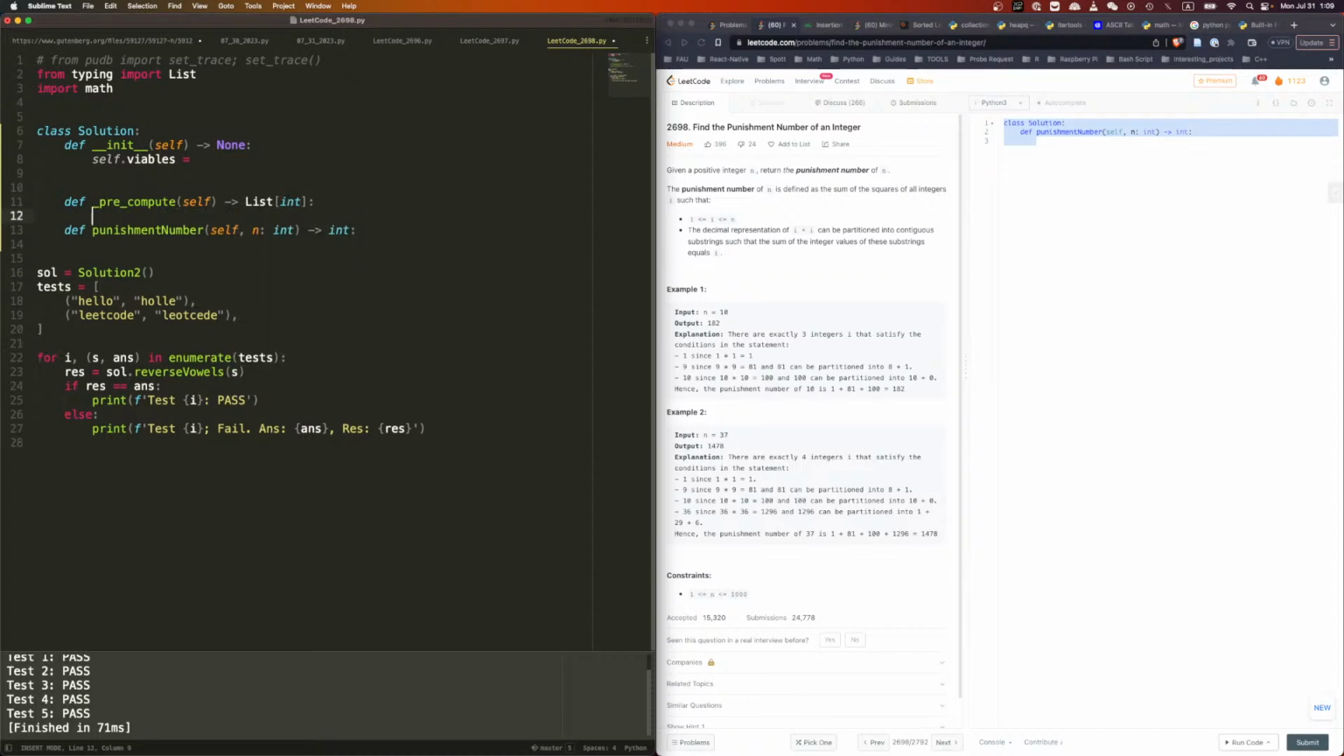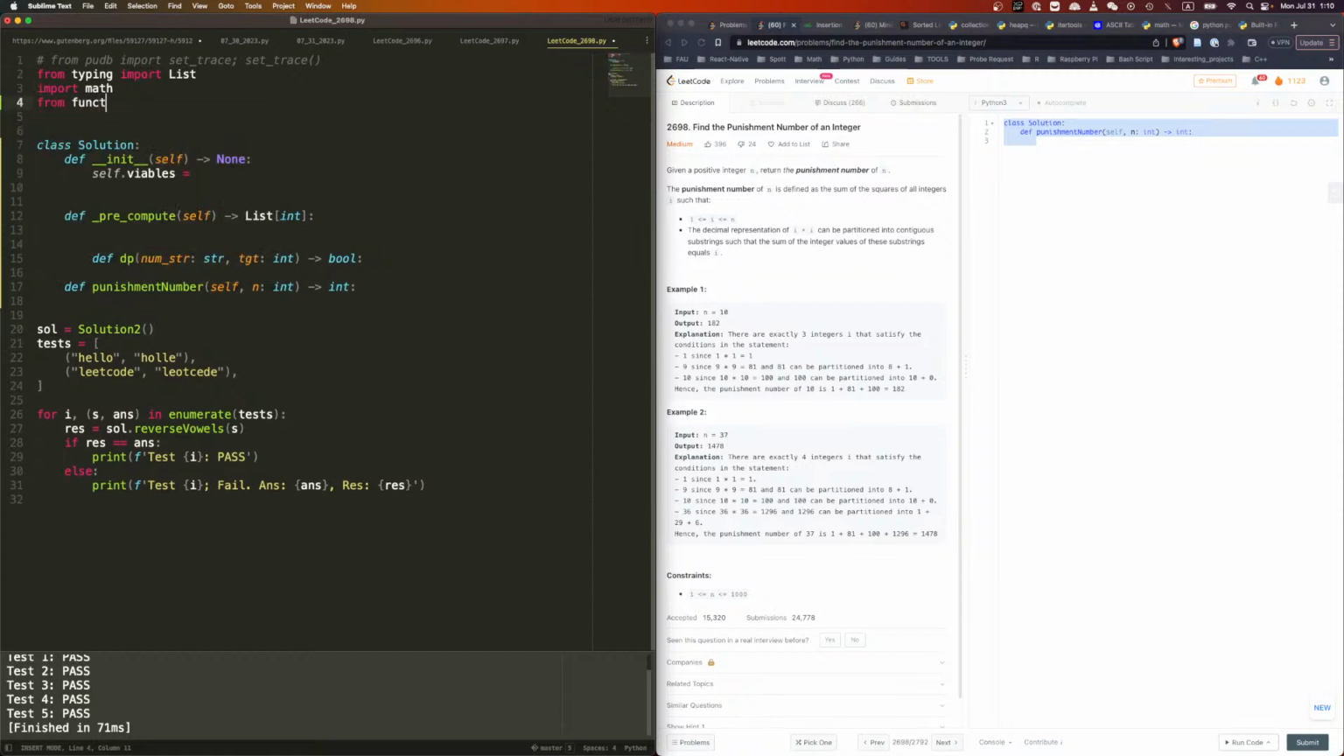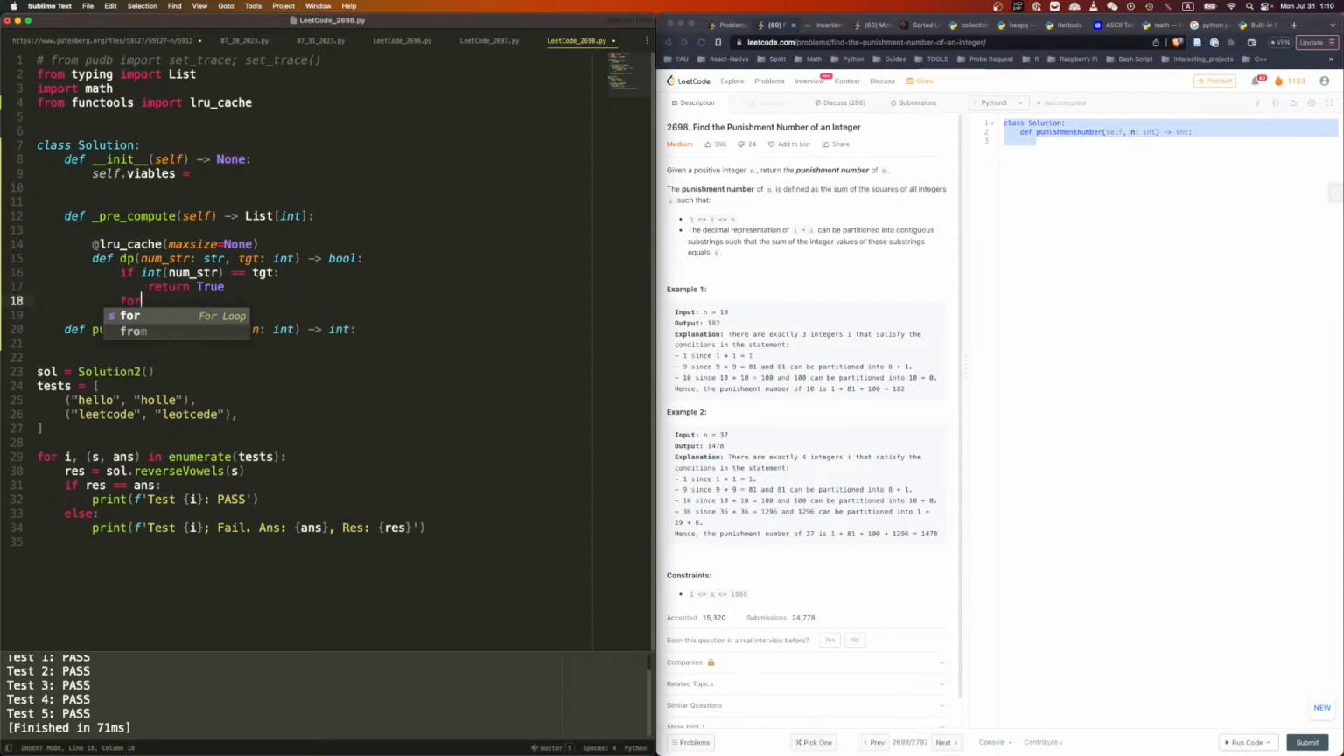We're gonna return a list of integers, and this one will have def dp, with the representation num string and target. Is this possible? We import cache from functools, and we can cache this. Then we just want to find if the target is possible. If int of this is equal to target, return true. Otherwise, for i in range